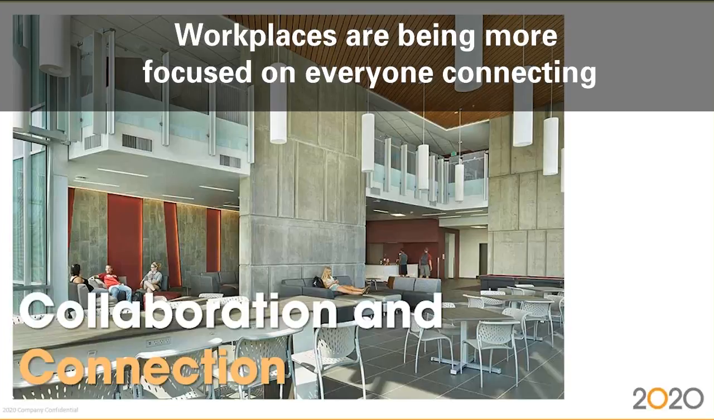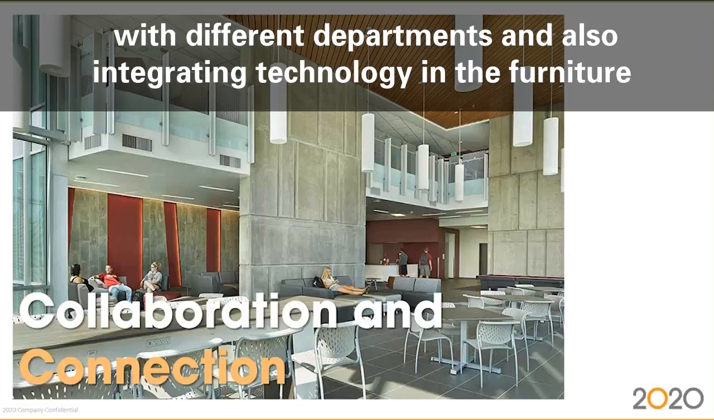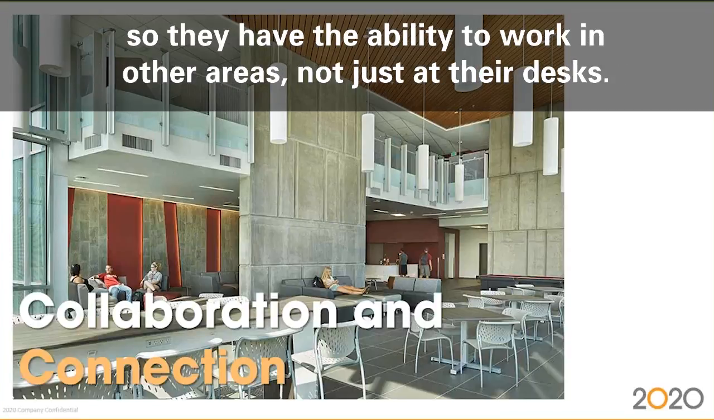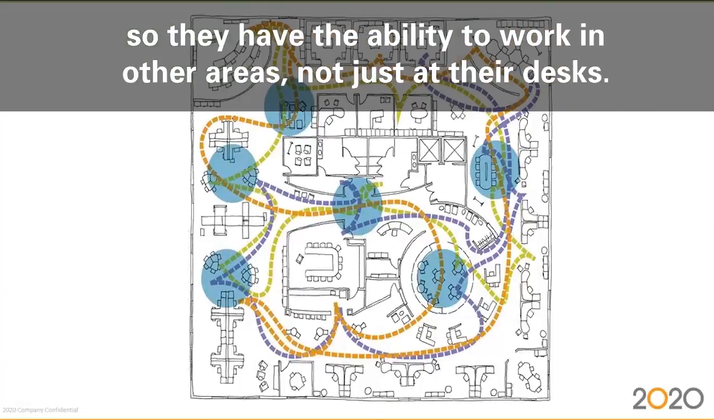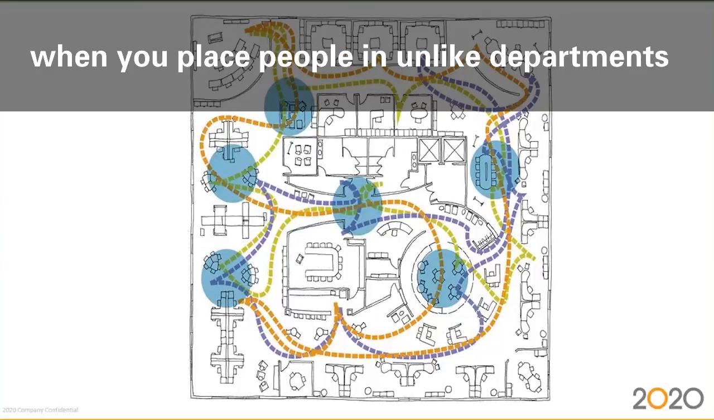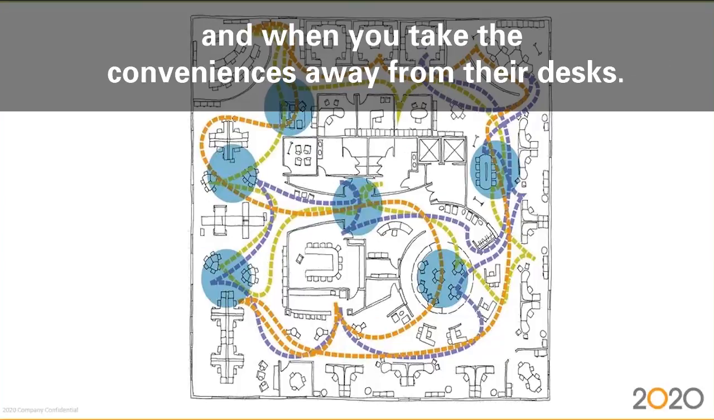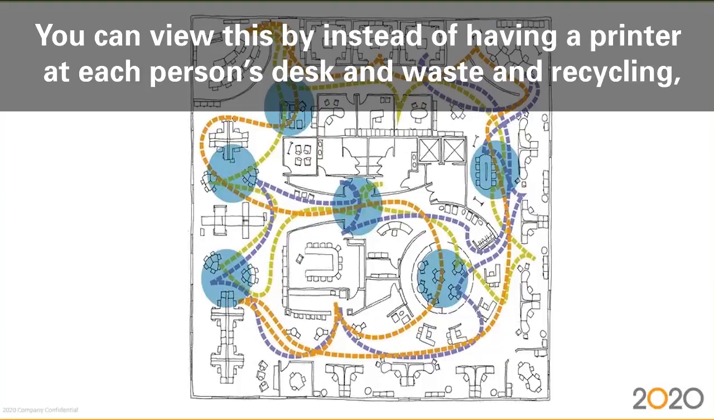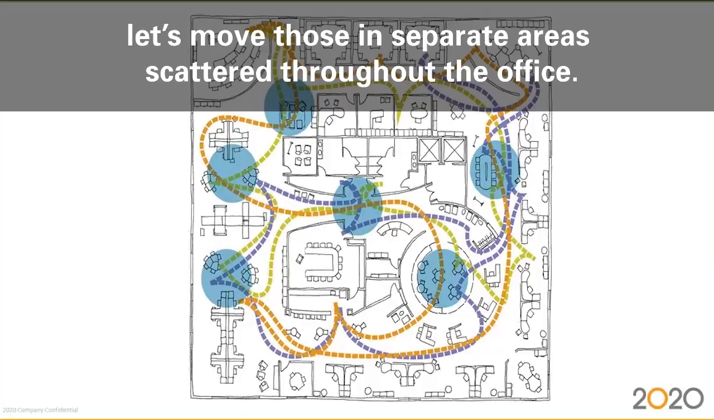Workplaces are being more focused on everyone connecting with different departments and also integrating technology in the furniture, so they have the ability to work in other areas, not just their desk. This chart shows how impromptu collaboration happens when you place people in unlike departments and when you take the conveniences away from their desk. So you can do this by, instead of having a printer at each person's desk and a waste and recycling,